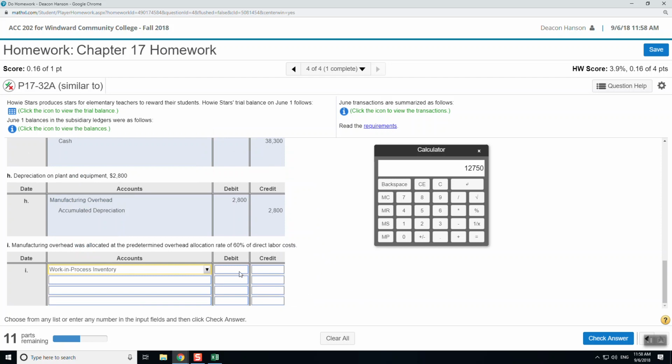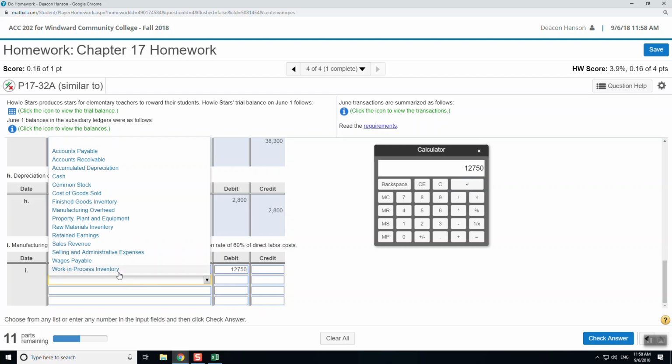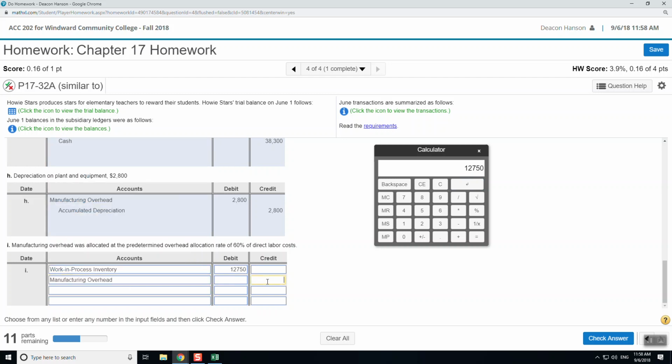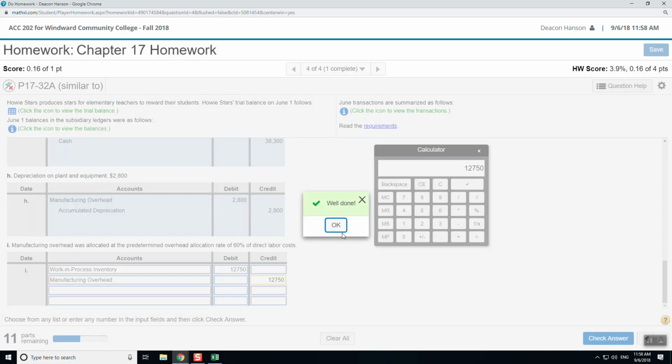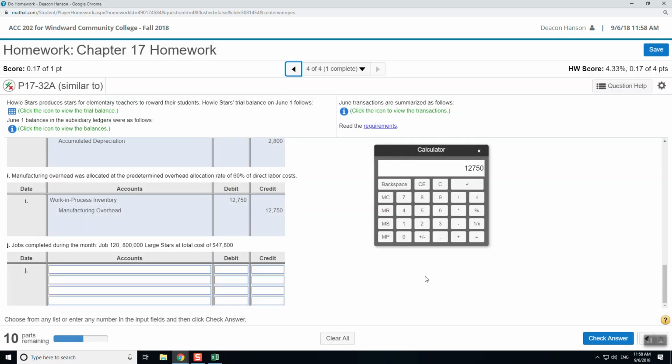Let's see. So it's an estimation then? It's an estimation. It is. That's why it's predetermined. It's determined before we actually figure out what overhead is. Yeah, predetermined rate. And then we just reduce the manufacturing overhead account with a credit. Let's see. Okay, we did okay. That's kind of a little abstract. Does everyone